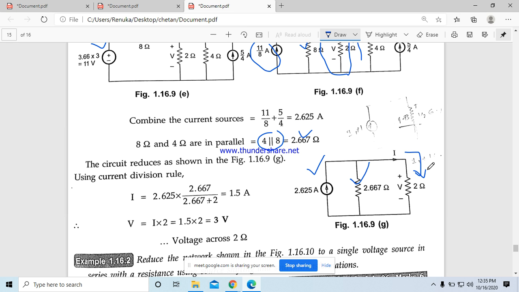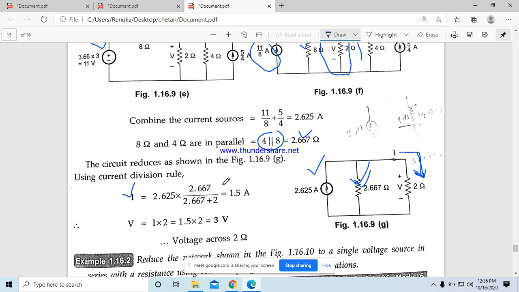Current division in parallel. What is that current division in parallel? In basic electrical you had studied, and also in the last class, maybe the 4th class, I have already explained what is the current division in parallel and voltage division in parallel. If you want to find out current division in parallel, this current I equals the other branch resistor